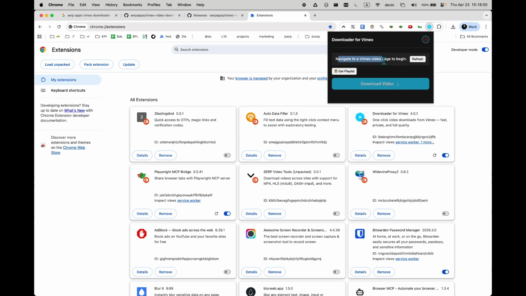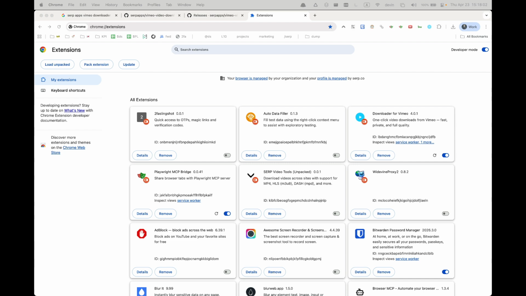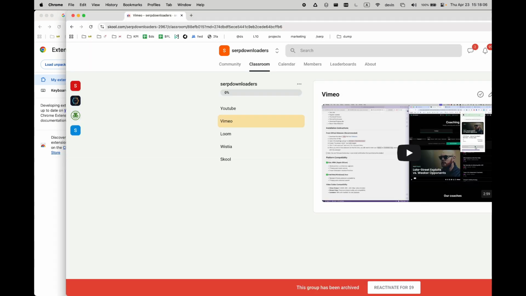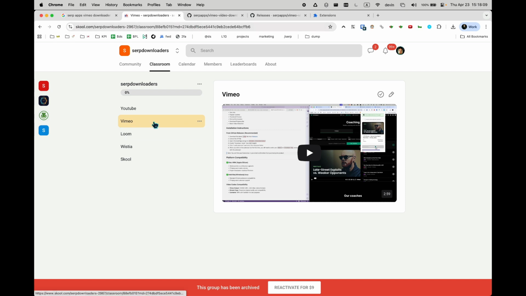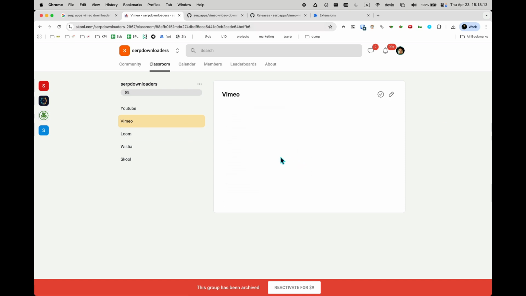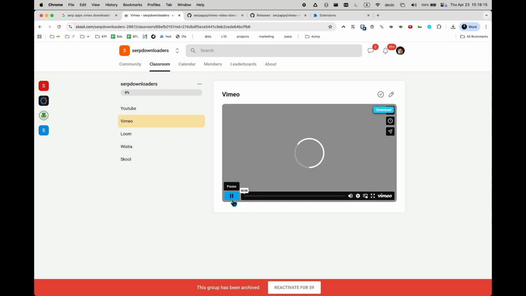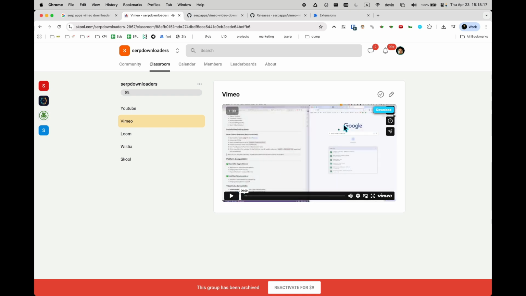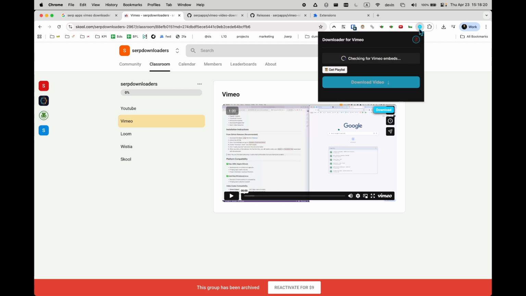Now I just need to navigate to a page with a Vimeo video on it. So I'm going to go to this page here that has a Vimeo video. And if I click play on the video, that will actually put the Vimeo video into my browser. And you'll see I get this little download button here, or if I click on the button,